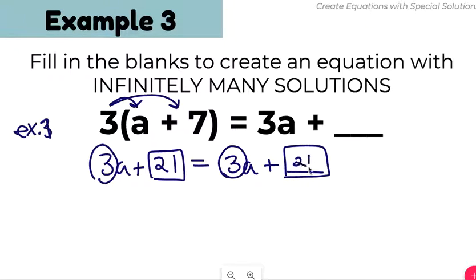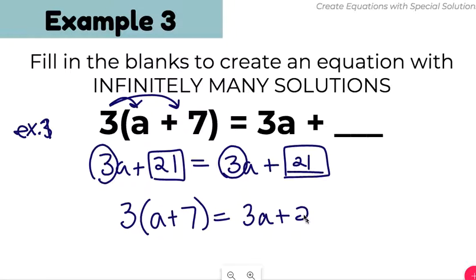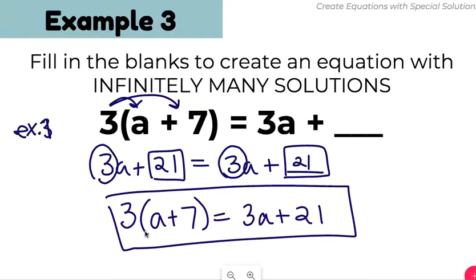So this needs to become 21. So then that means my original equation, so my final answer, remember, if we need to rewrite the equation, let me go back to the original. And that blank gets filled in with a 21. So if you do have an equation that you have to simplify,